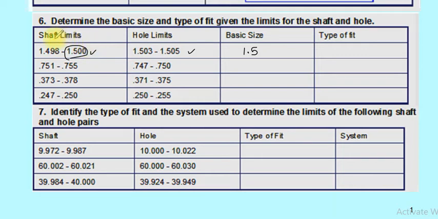and this also gives me the idea that since this basic size is equal to one of the shaft limits, the shaft basis system has been used. This is an additional piece of information I can draw. For the type of fit, again, just like we did earlier, you have to calculate these quantities, and similarly d minimum minus d maximum, and once you have the answer, if both of these are positive, this will be a clearance fit. If both of these are negative, it will be an interference fit.